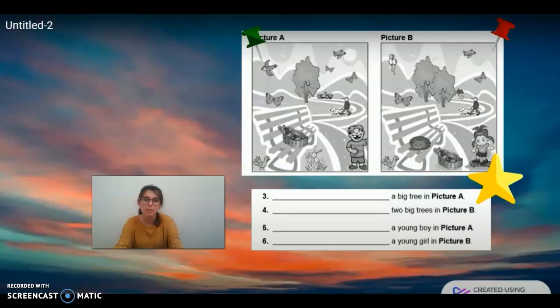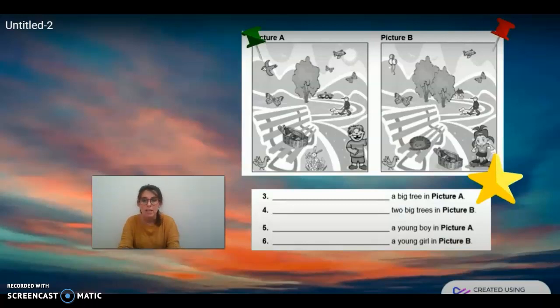So in number 3, it says a big tree in picture A. So you have to complete. There is a big tree in picture A. There isn't a big tree in picture A. Focus on picture A. There is a big tree in picture A, or there isn't a big tree in picture A. So you look at the picture and you say, there is, there isn't, there are, there aren't,